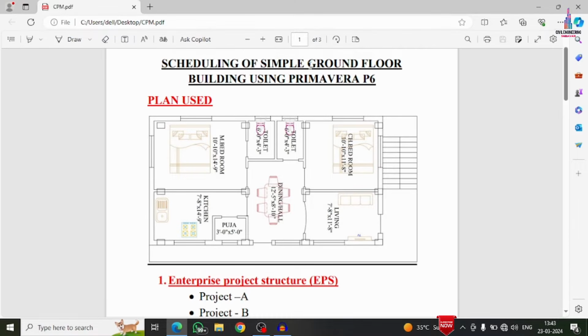In this video lecture, I will explain how to do the scheduling of a simple ground floor building project, a north facing building project, by using Primavera P6 software. For the scheduling of the project, I am considering a north facing house consisting of a 2 BHK house plan, which is shown on the screen here. This is the plan which is used for the scheduling of the simple ground floor project by using